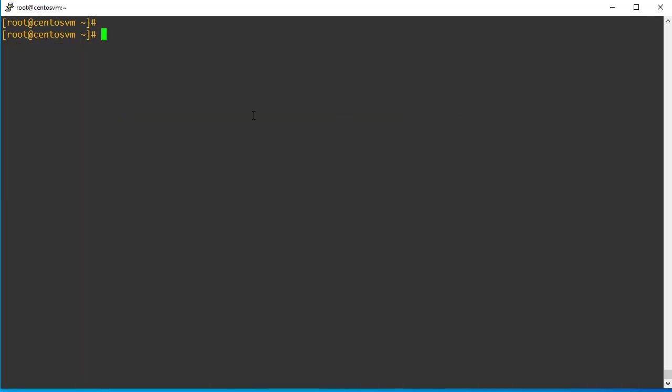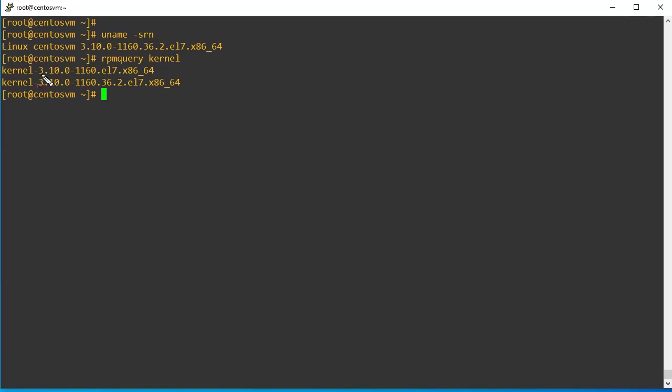After the patching and reboot, my system booted with the latest kernel. We can check using the uname command. This is my latest kernel, and we can validate how many kernels are currently installed on my system using the rpm -q kernel command. We can see there are two kernels installed. Of these two, there is a latest kernel, and currently my system is booted with this latest kernel. Now I am going to change this entry from the latest kernel to the old kernel. Let me start the technical session.